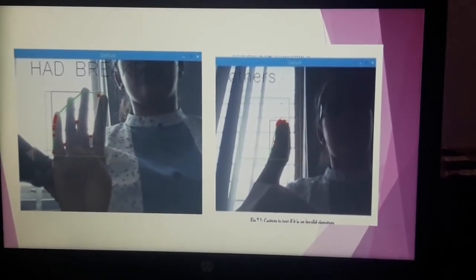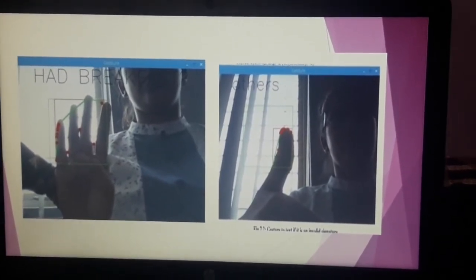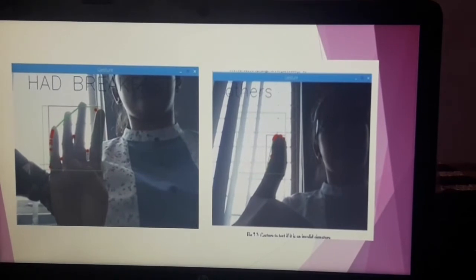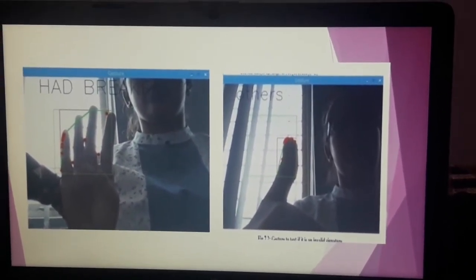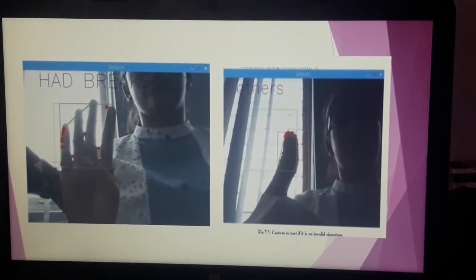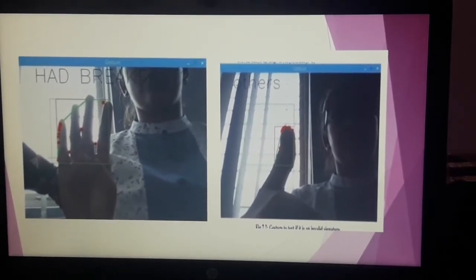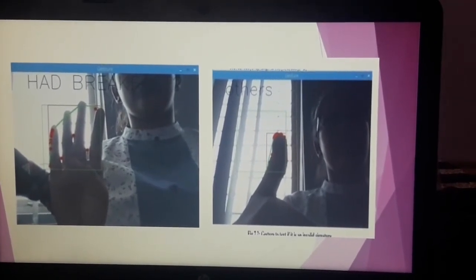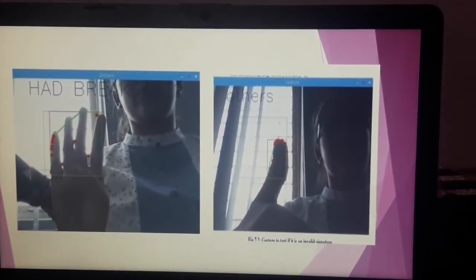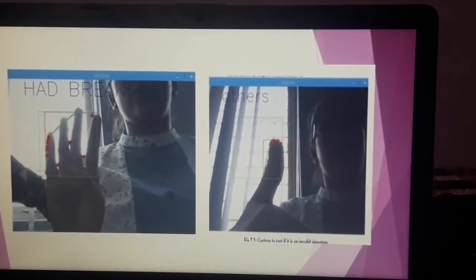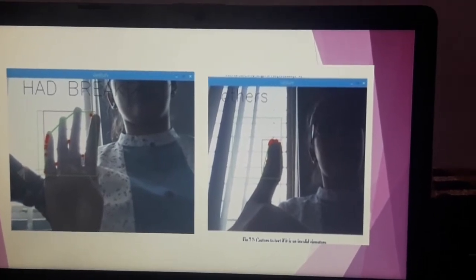The figure shows the gesture is captured and the useful portion is cropped. What we are seeing, a red color point in the figure, is a gesture that is captured and converted to an RGB image as shown in figure 1, and the gesture is converted to text, shown as hard, bright, fast in figure 1. Figure 2 shows the gesture capture is not recognized, so it is showing others.